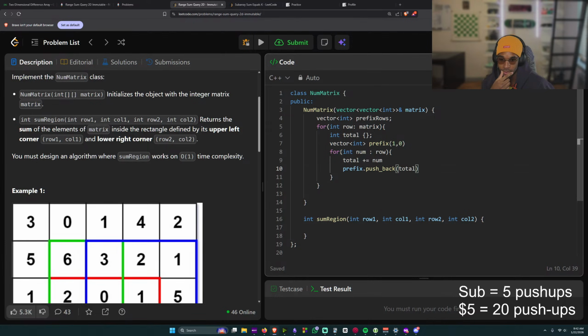And once it's done here, we just need to push back. Prefix rows dot push back. Prefix.